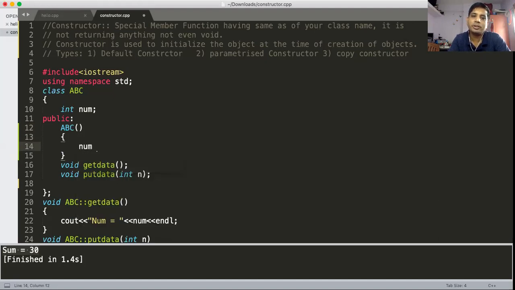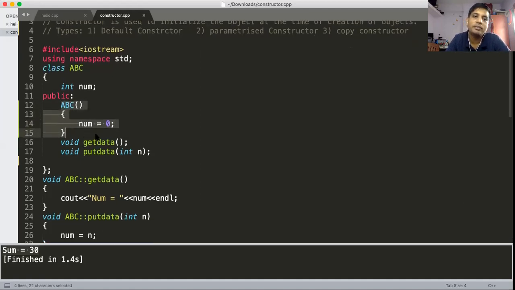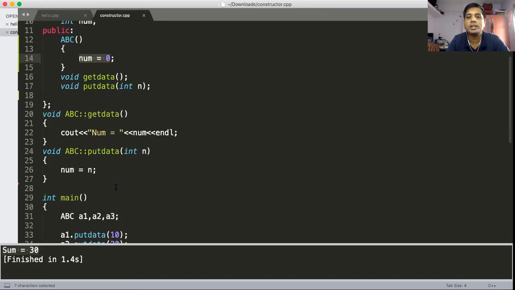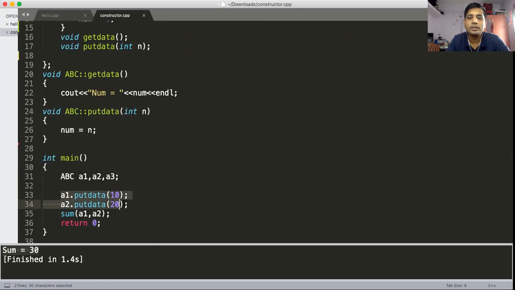Now suppose I want to define this num as 0, then I can write num is equal to 0. It means that when you are creating your object with the default constructor, the default value of num is taken as 0. You can see here, suppose I have created A1, and I am not putting any data directly.